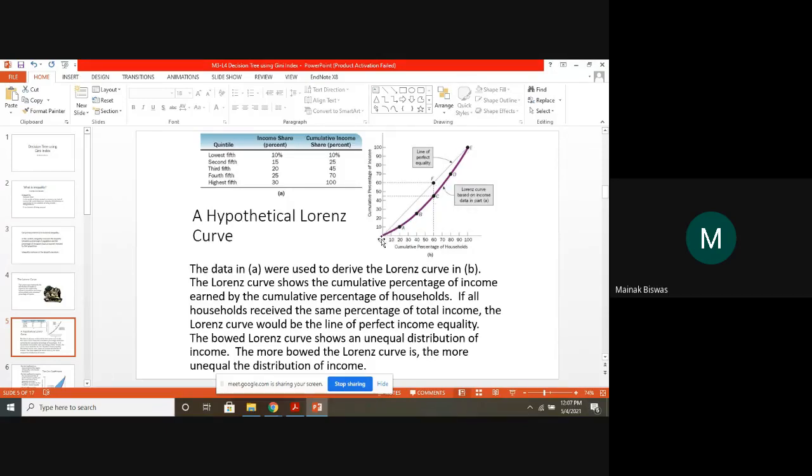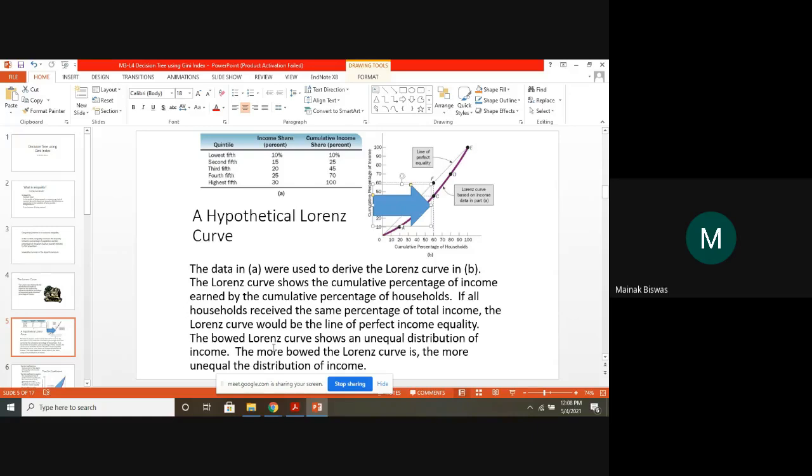If there is no disparity between the incomes, then the curve is a straight line, right? Like this one. So it is a 45-degree slope, and there is no disparity between the incomes. But if there is a disparity in the income, the curve bends a little. So it shows the percentage which gains the maximum, which takes the maximum resources, right?